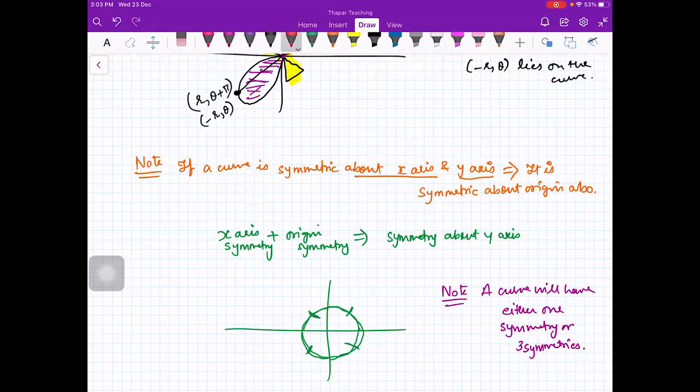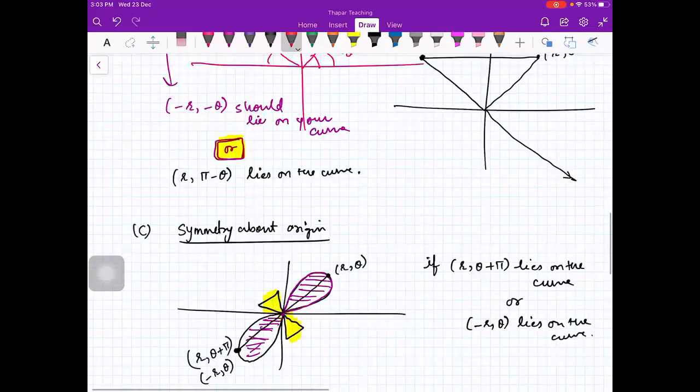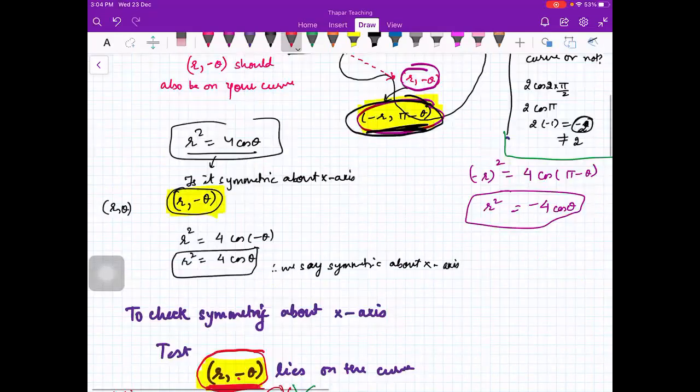There may be some students who are not getting these things, but let me come to the question part. You will get everything. When we are given a curve to plot, the first thing we will check is symmetry. During the plotting, the first thing you will check is symmetry about x-axis, y-axis, and origin. So that is our step 1.